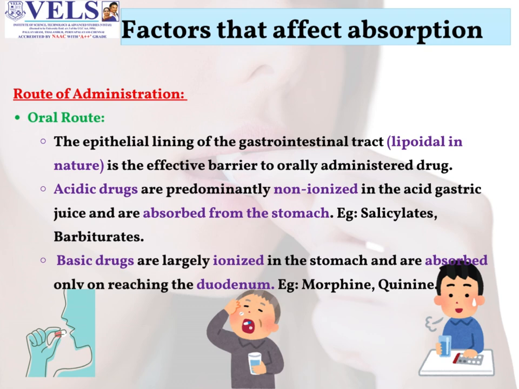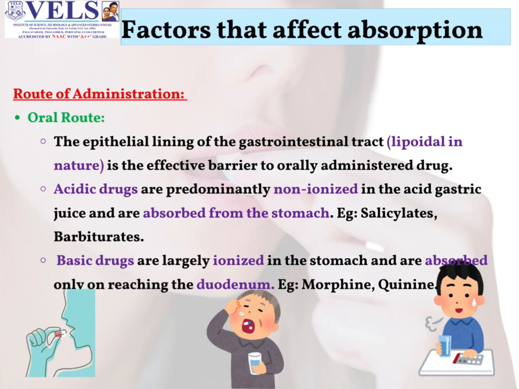Route of administration. Oral route. The epithelial lining of the gastrointestinal tract, which is lipoidal in nature, is the effective barrier to the orally administered drug. Acidic drugs become non-ionized in the acidic gastric juice due to its acidic pH, and they are easily absorbed from the stomach. Examples of drugs that are non-ionized in the acidic gastric juice are salicylates